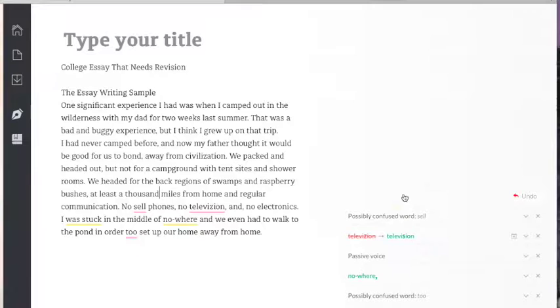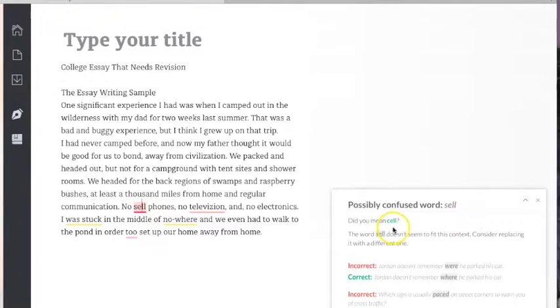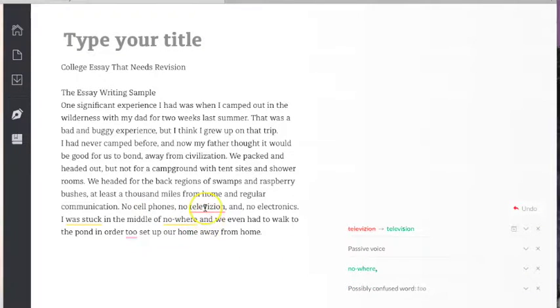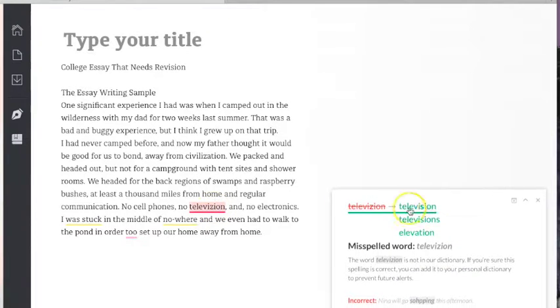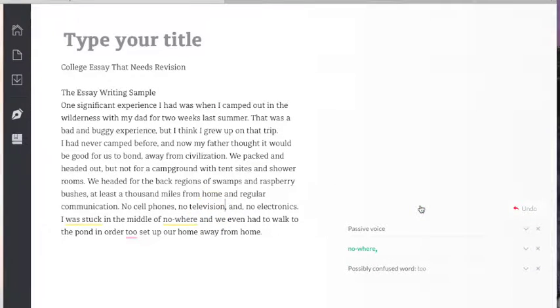Miles from home and regular communication. No cell phones. Cell phones obviously is written incorrectly. Again, it gives us the incorrect and correct way to fix that. No television. Television obviously doesn't have a Z in it. And no electronics. The last sentence says, I was stuck in the middle of nowhere, and we even had to